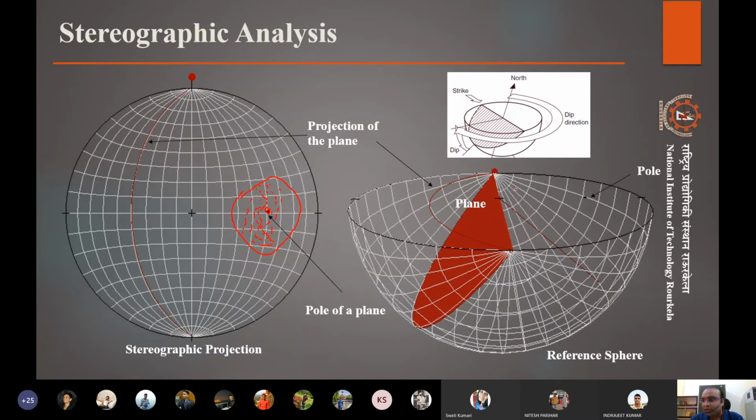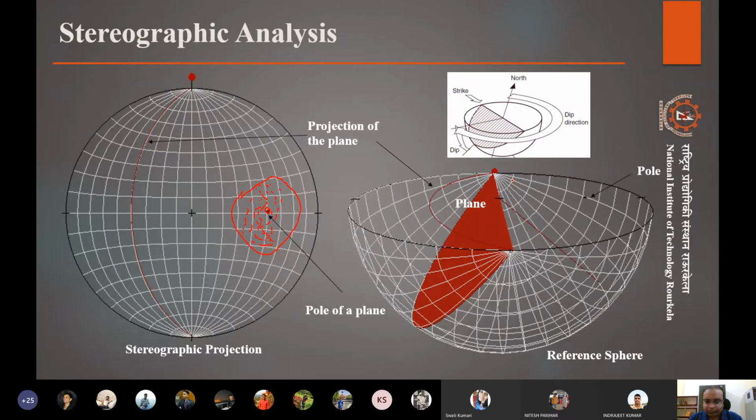So what we get from this kind of analysis in a geological field survey is the overall direction of the joints: how they are oriented, and what the dominant orientation of that joint plane or joint set is. Why is it important? When we plan the slopes from that zone.